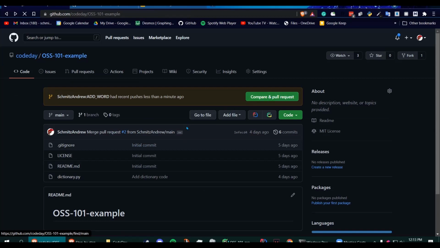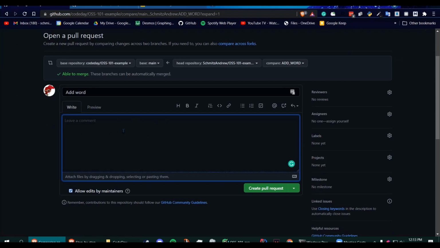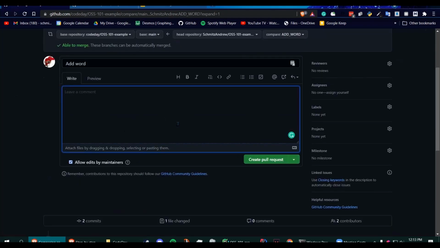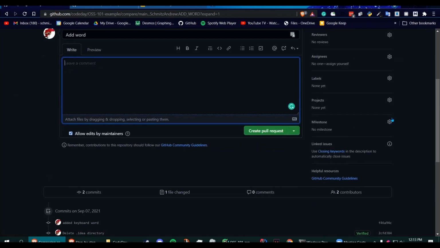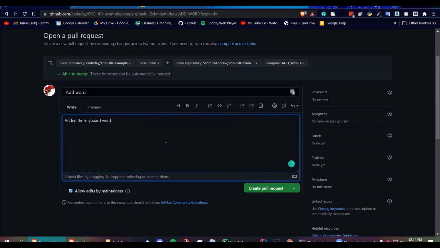So if we click here and we're going to do compare and pull request, we're going to need to write a little description about exactly what we need to do. Sometimes there might be a template for exactly what you need to say. But here we're just going to say added the keyboard word. And that'll just tell the developers, the maintainers of the project, exactly what you changed. You need to make sure that this is really clear, so that they know what you changed,